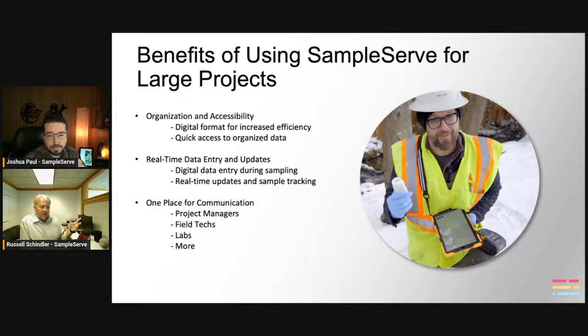Plus, say you're doing dissolved metals, it's going to know how many filters you're going to need. If you're doing low flow with fresh tubing, you're going to know exactly down to the foot how many feet of tubing you'll need to accomplish that job. So you'll be able to just quickly look and go, oh, I better make sure I go out there with 420 feet of tubing at minimum, so that you can get the job done. And so it just saves a lot of time,